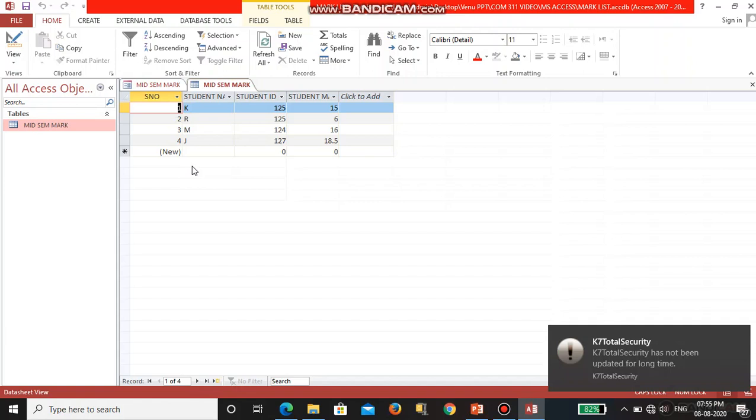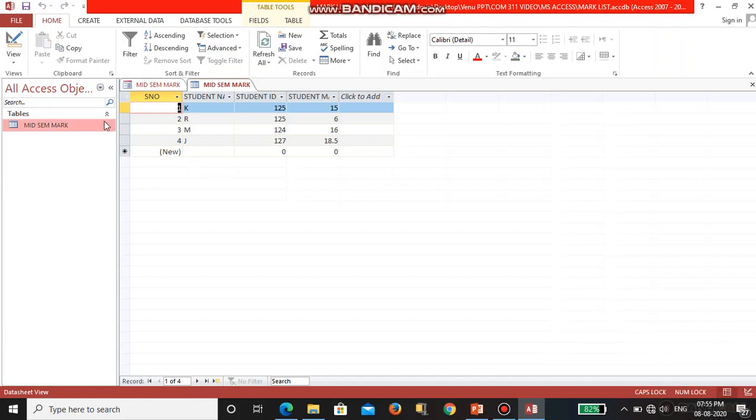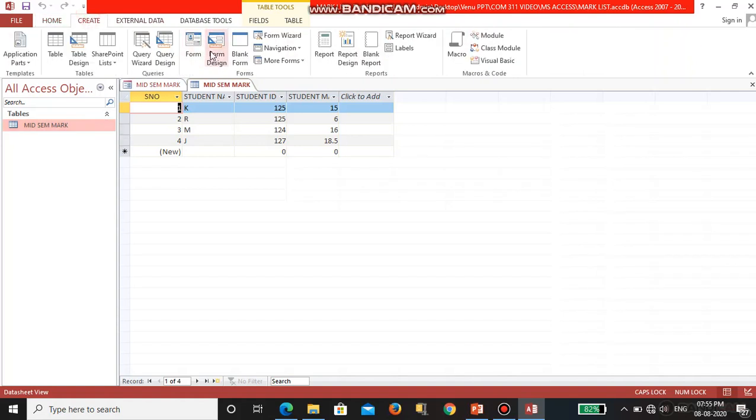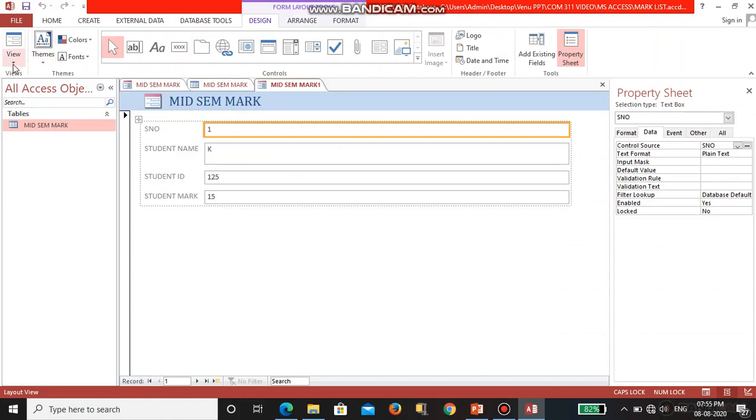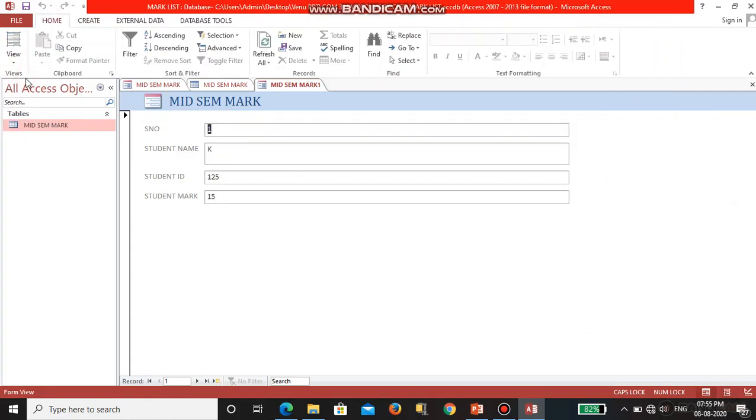This is the way of entering data in the form, sorry, in the form view. First you choose a table, and then you create a form like this. In the form you go to View, Form View.